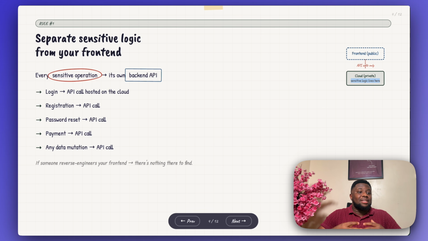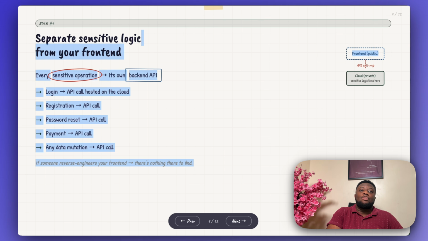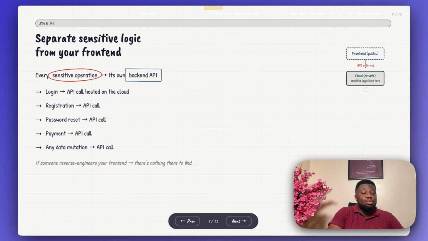Now, every single app has a core section, a core functionality that people come to that app to use. For example, in one of my apps here, the most important functionality that people come to use is to be able to plan their apps. They describe what they want to build, and my app generates an entire plan for them. That particular section is very sensitive to my product, right? So I need to make sure that it's a cloud service that the front end of my app can now read and consume or use.